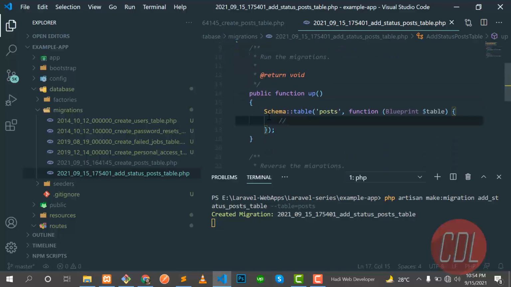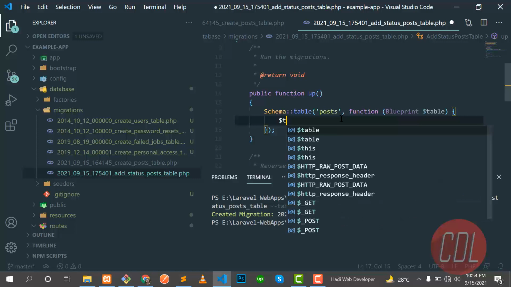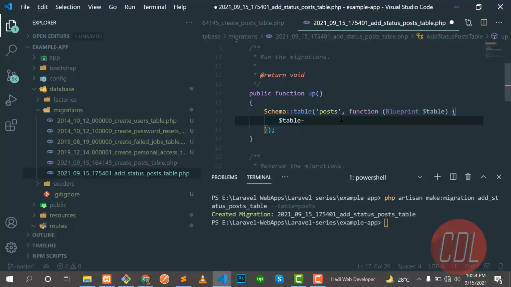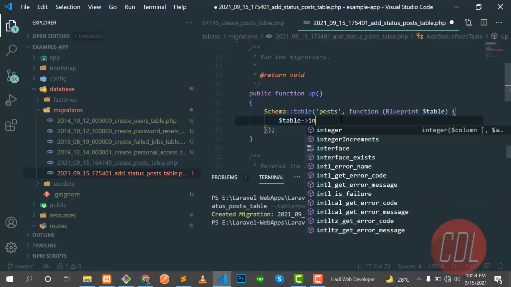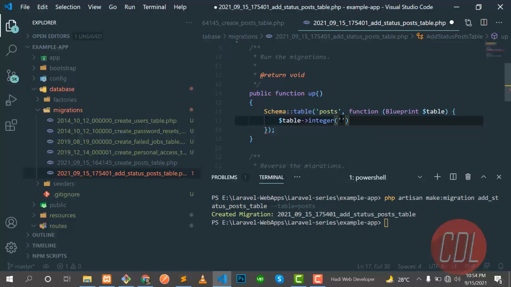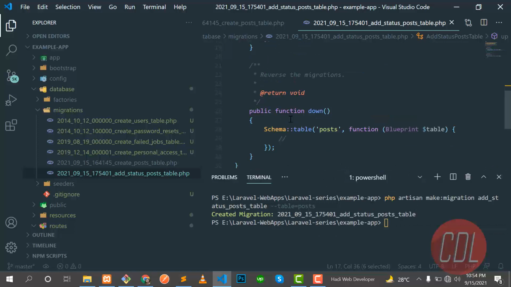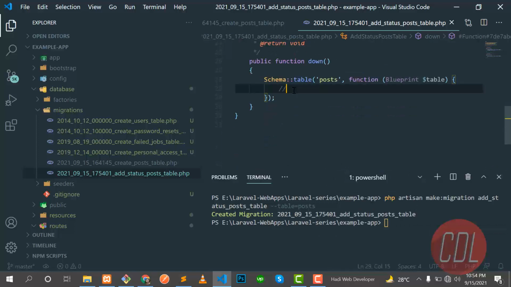So it defines this post table, right? And here we can specify our table, or not table, it's a column. Why am I forgetting it again? So I want to add a status column in the post table, right? And let's save this one, and let's go to the down method, and here we need to specify this table